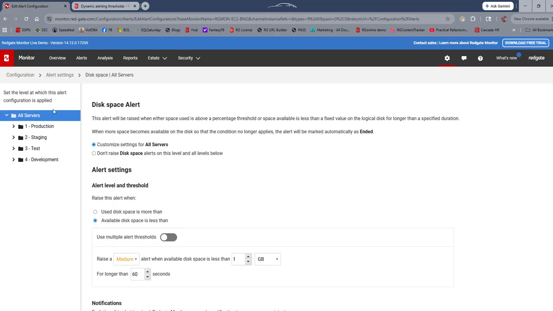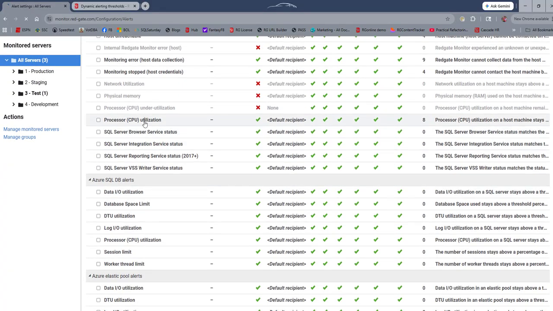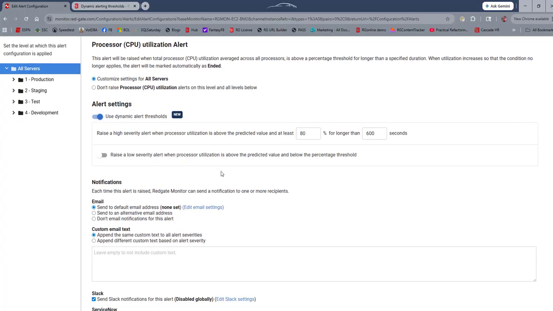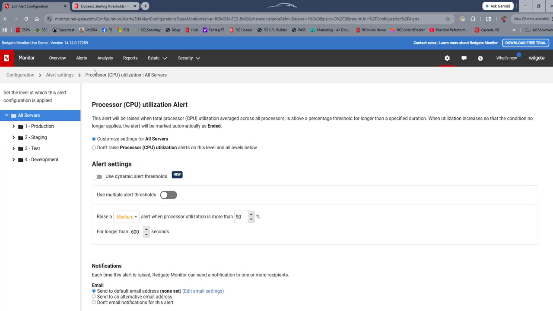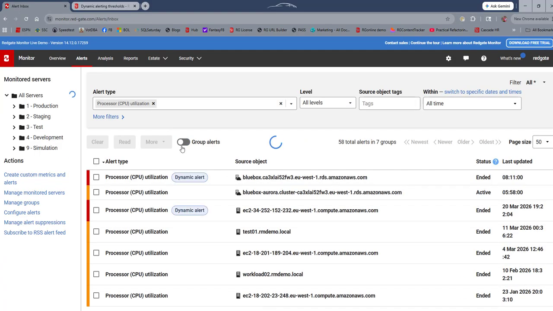So where does this come into play? Well, if I look at all alerts, as I said, it's only for certain ones. Processor utilization is one of these. You can use dynamic thresholds, right? And you can set your threshold here as well. Where this is surfaced, if I come back to the alerts, and we'll ungroup these alerts,